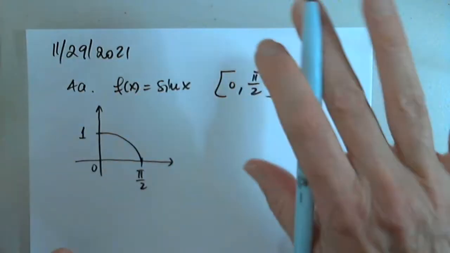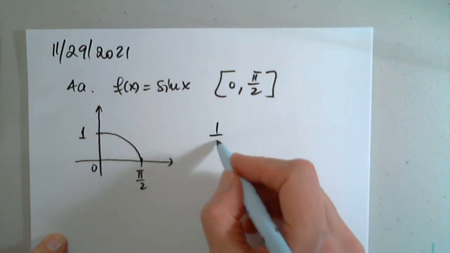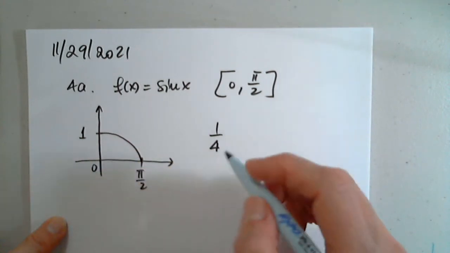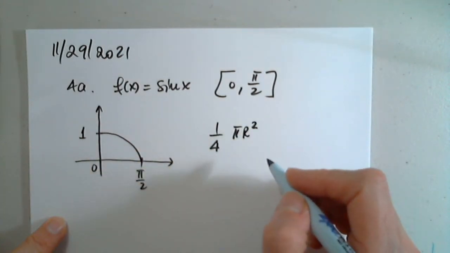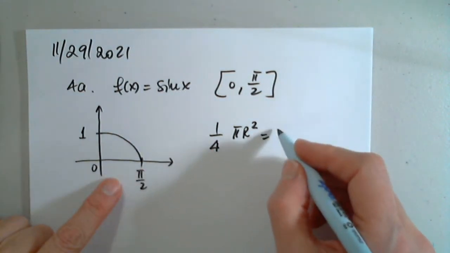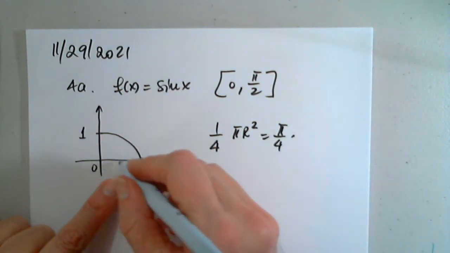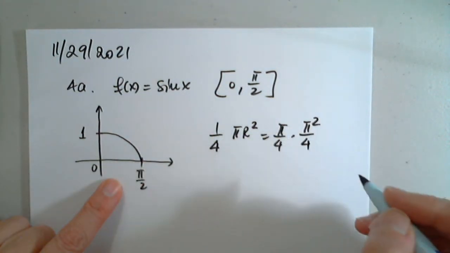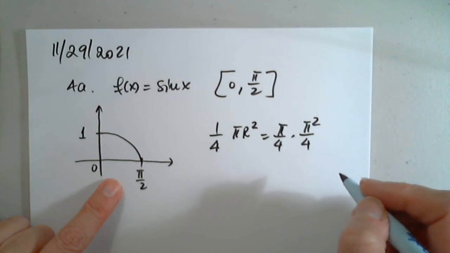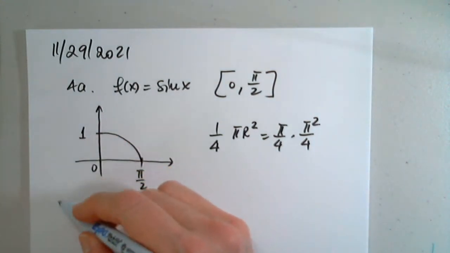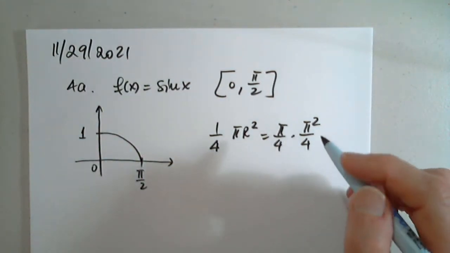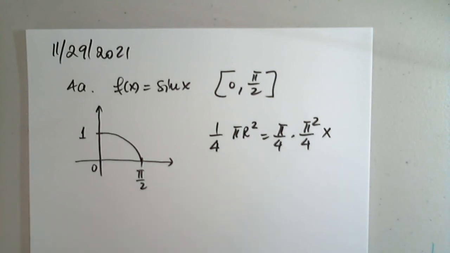Before I even perform any calculations, I know that this is 1/4 of a circle, of the area of a circle, which is pi r squared. And I know that this is pi divided by 4, so the radius is pi over 2. So this is pi squared over 4, right? So the area of this circle is pi r squared. Actually, this is 1 and this is pi over 2. I'm jumping ahead for nothing. But in any event, so